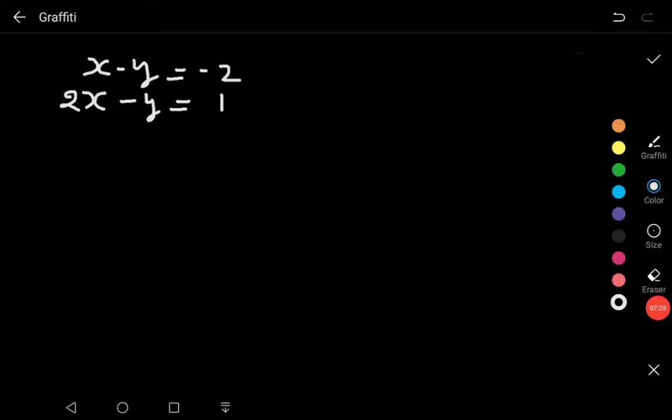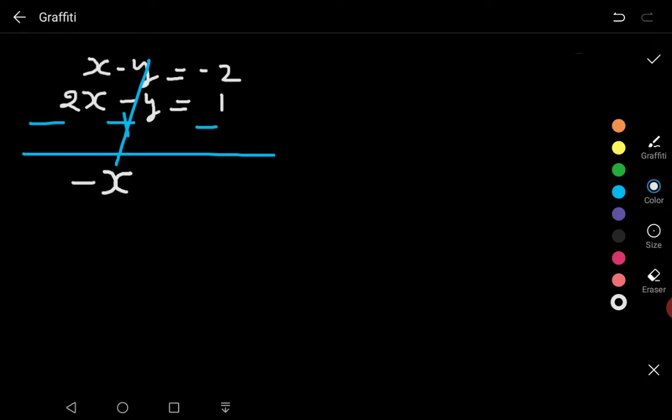So in these two equations, as we can check, the coefficient and sign of y are already equal in both. If we subtract the first equation from the second, yes, we can cancel out y. So let us subtract these equations. This will cancel out, and we get minus 2 and plus 1. It will be minus x is equal to minus 3. The minus will be cancelled out from both sides, and the value of x will be 3 here. Okay, the value of x here has come out as 3.